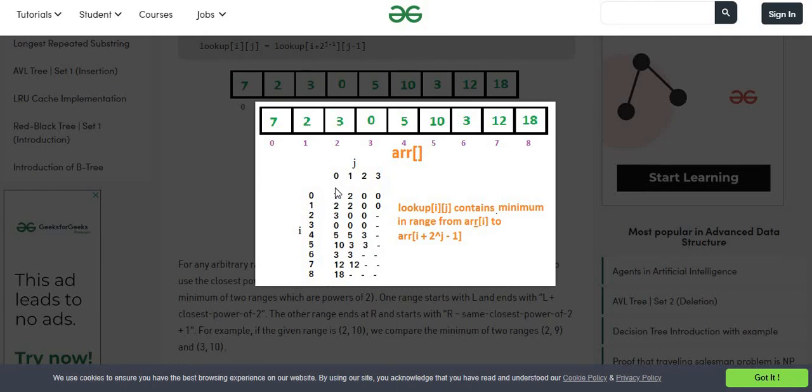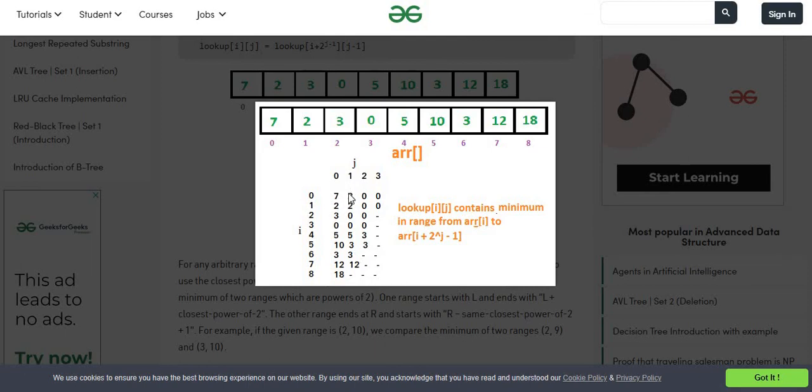So for example, first it will just add all these nums values over here, then in the next iteration it will check, like this diagram is for the minimum one. So you can see from 7 and 2 it is picking this 2 value, then from 2 3 it is picking this 2 value, from 3 0 0 is the minimum, it is picking this one, again from 0 5 0 is the minimum, picking this 0, then 5 10 it is 5, then 10 3 this is 3, 3 12 this 3 is minimum, from 12 18 the 12 is minimum.